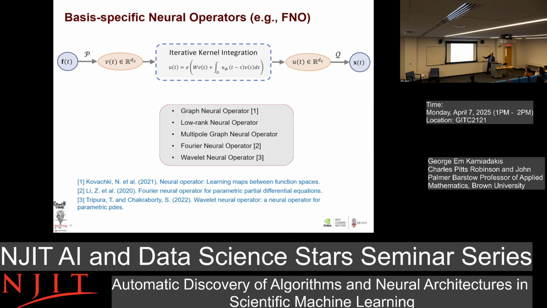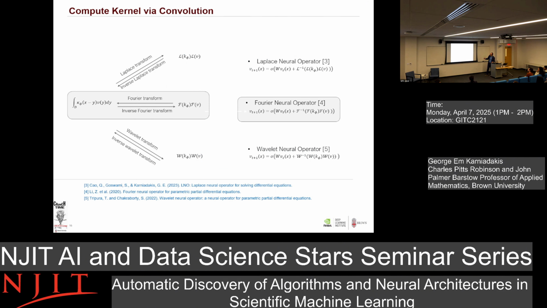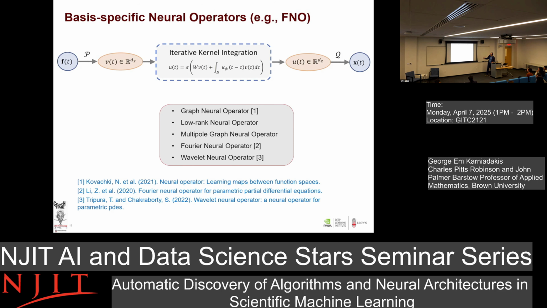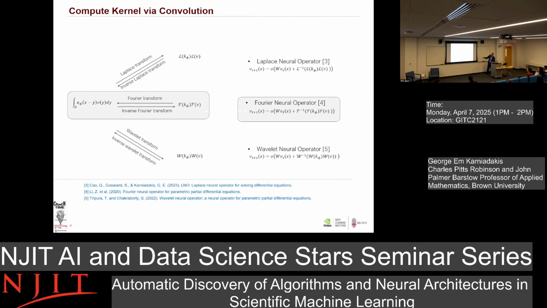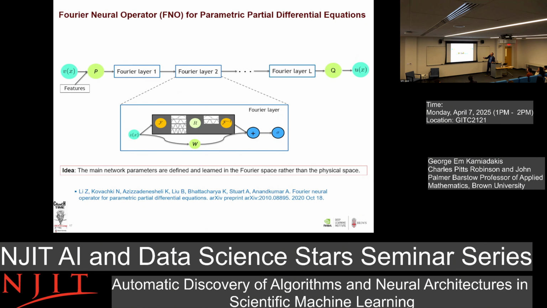learnable kernel, so you have to learn that, and then you have to learn also this weight matrix W. V, as I said, is the input. And there are all sorts of different neural operators under different names. How do you do it exactly? Since this calculation involves a convolution, you can use transforms like Fourier transform, you can use Laplace transform, wavelet transforms, and you can compute this fast. Again, at issue here, so this is how the FNO, for example, looks.